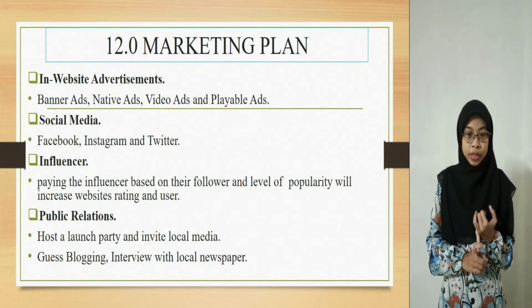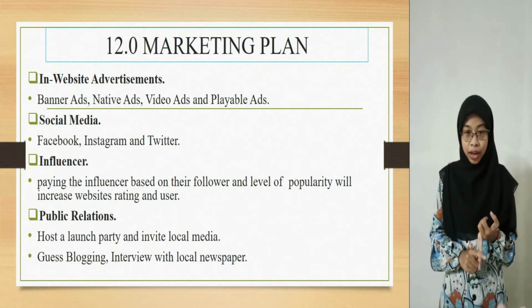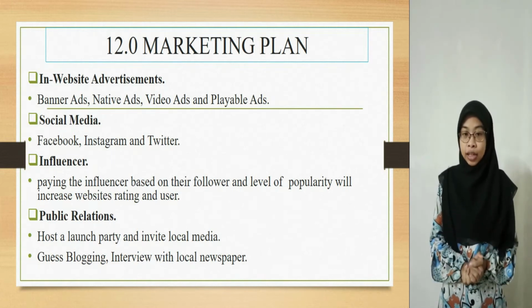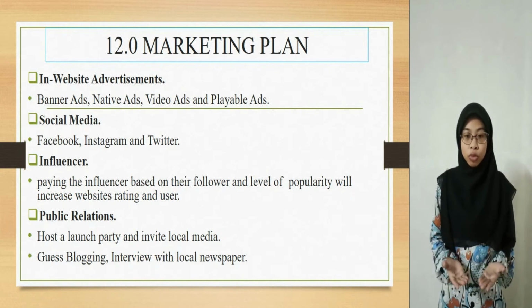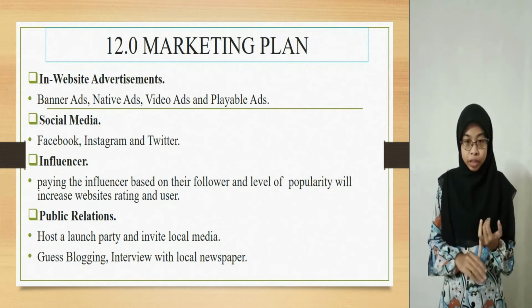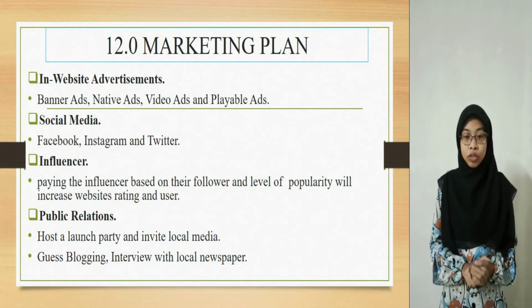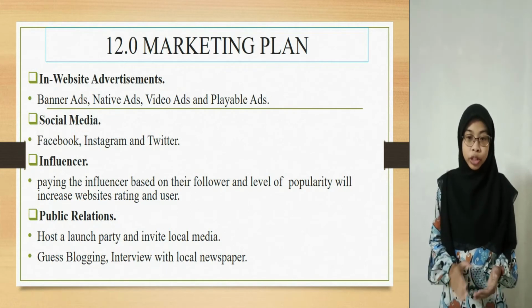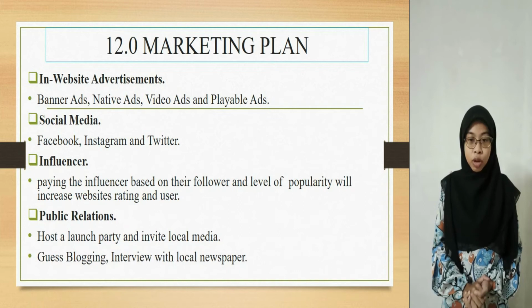I will explain to you the marketing plan of our website. First, website advertisement such as banner ads, native ads, video ads, and playable ads. Second, social media, where we can promote our website through Facebook, Instagram, and Twitter. Third, influencers. We can pay the influencer based on their followers and level of popularity, which will increase website rating